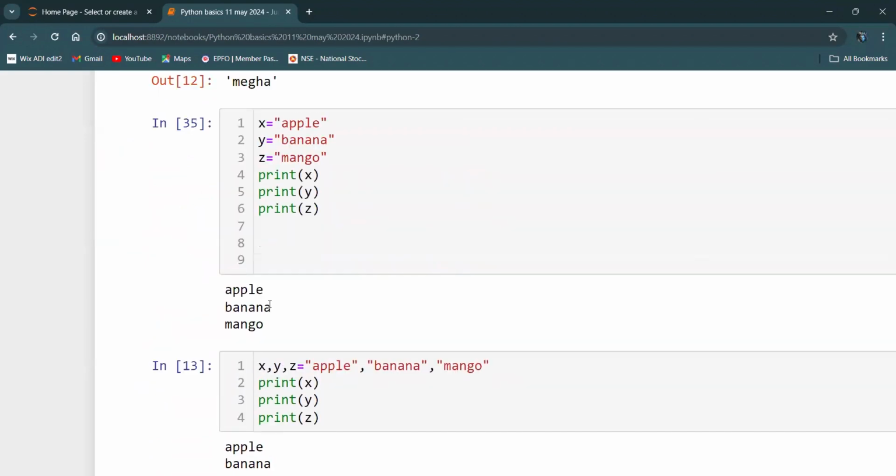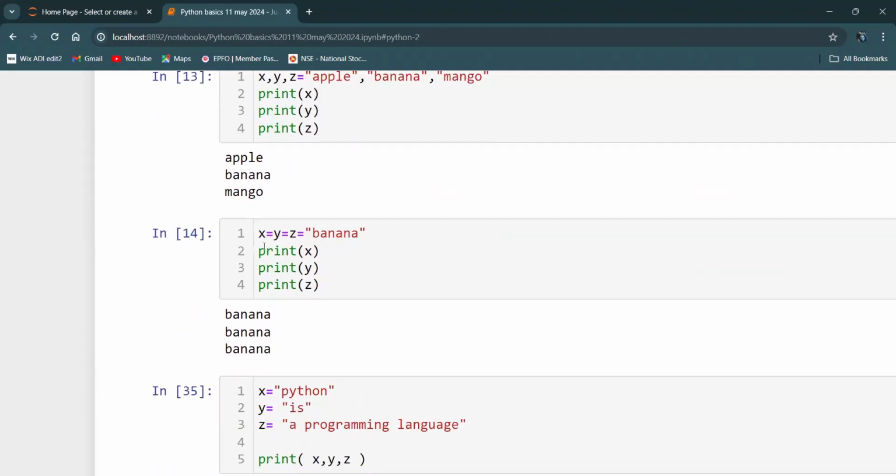So there are multiple ways of assigning a value to a variable. x, y, z is equal to apple, banana, and mango. Next, x, y, z is equal to, for multiple values, you have,